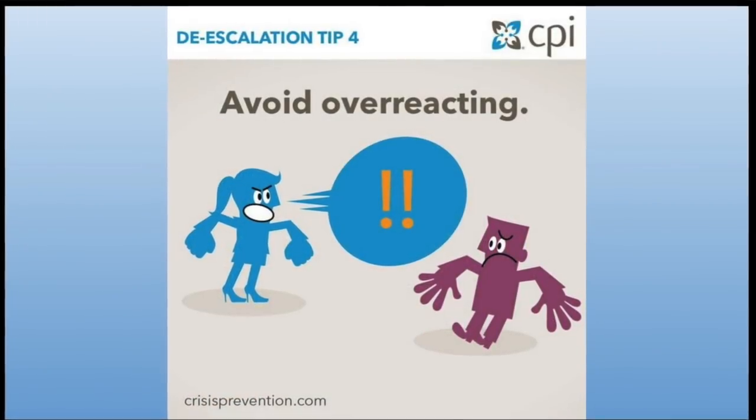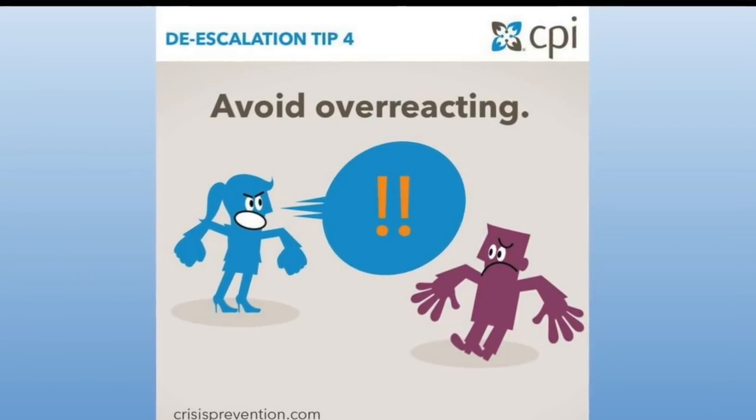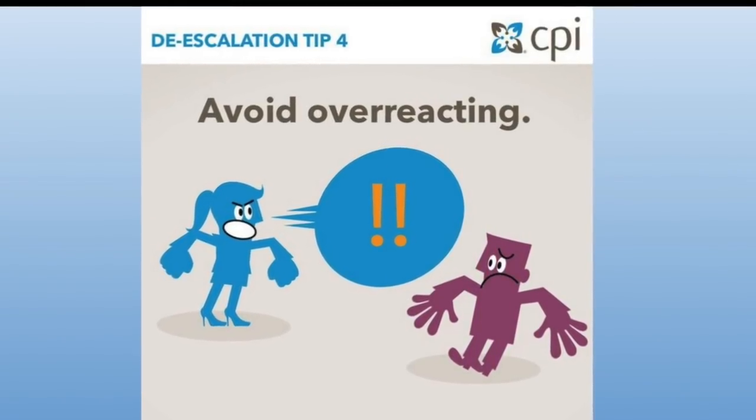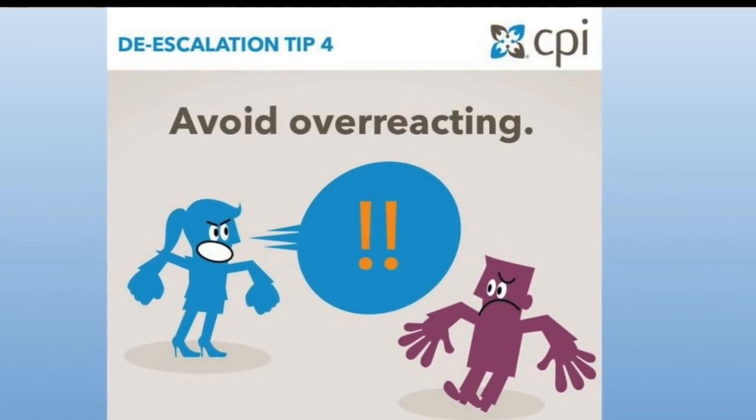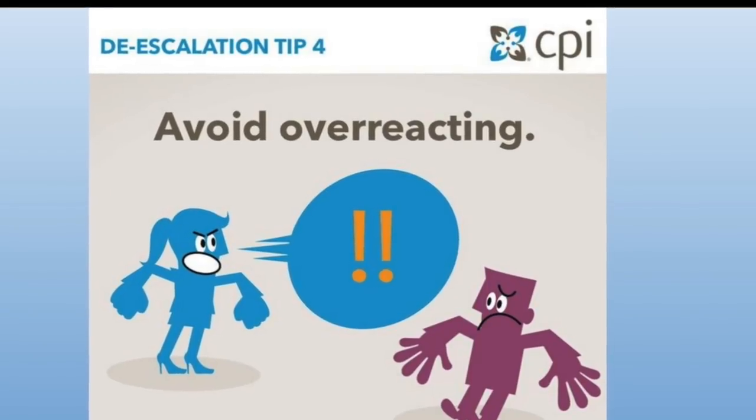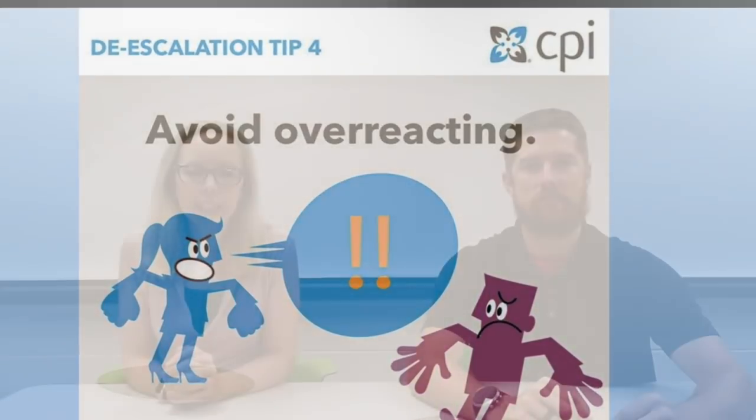Tip number 4 is avoid overreacting. Sometimes in the moment, this can be really tough. We're hoping that by sharing some of these tools with you, this might become a little easier, especially in some of those really escalated scenarios. It's really easy sometimes to just make a blanket statement and then regret it later. We're going to talk about setting limits and that kind of follow through in a little bit, but I think those go hand in hand in terms of don't say something unless you mean it and you can actually follow through on it.